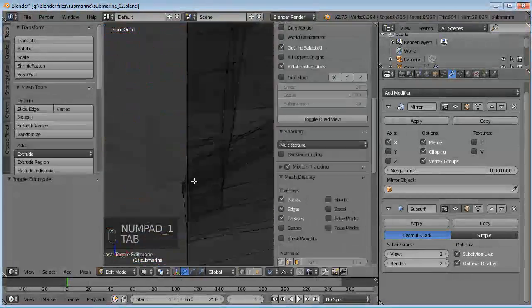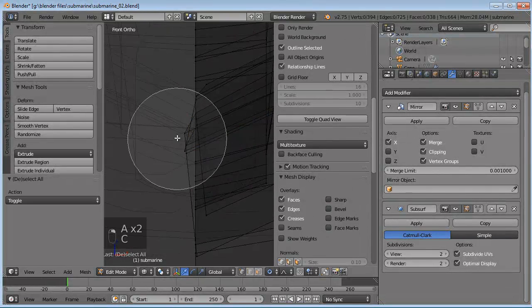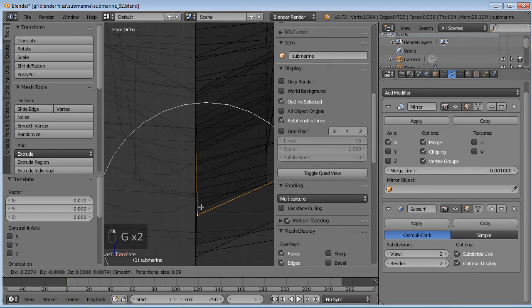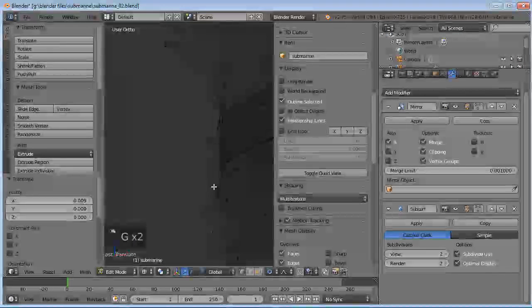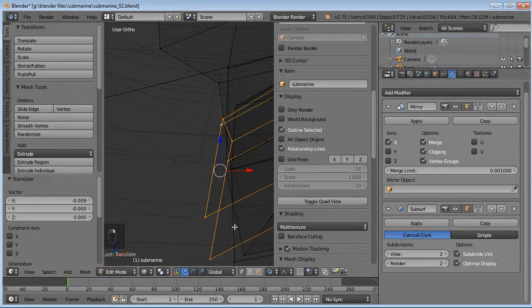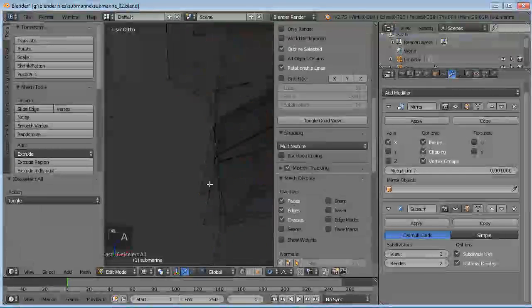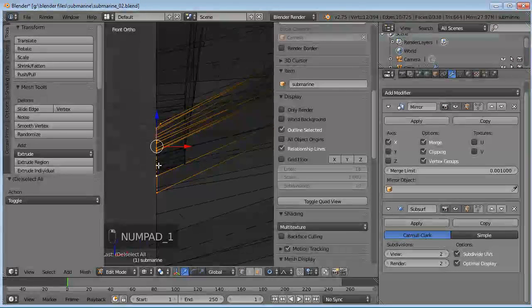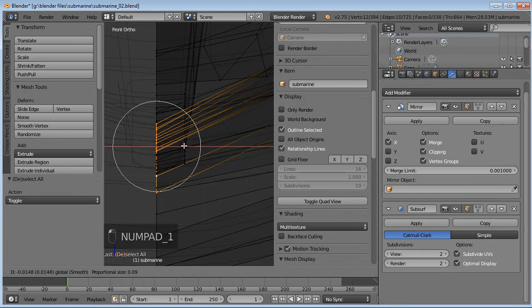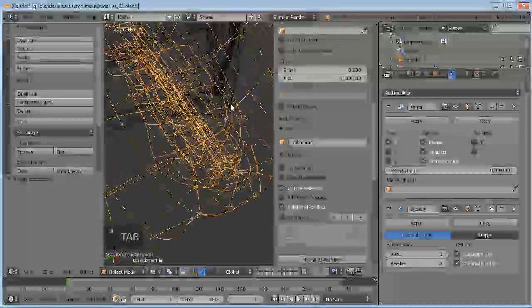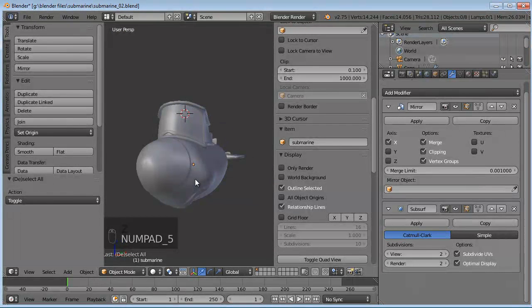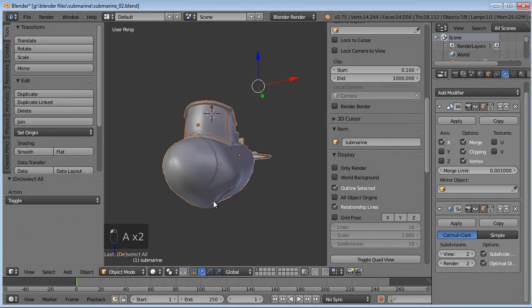Okay. So now what we need to do is fix our teeth here, where they're going through there. There we go. Let's just select the whole edges, the whole loops on each edge. There we go. And we can move those in. Boom. There we go. Now they're all lined up. Nice and pretty. Okay. So, yeah, there we go. That's going to be it for part 2, I believe. We got the basic submarine going.